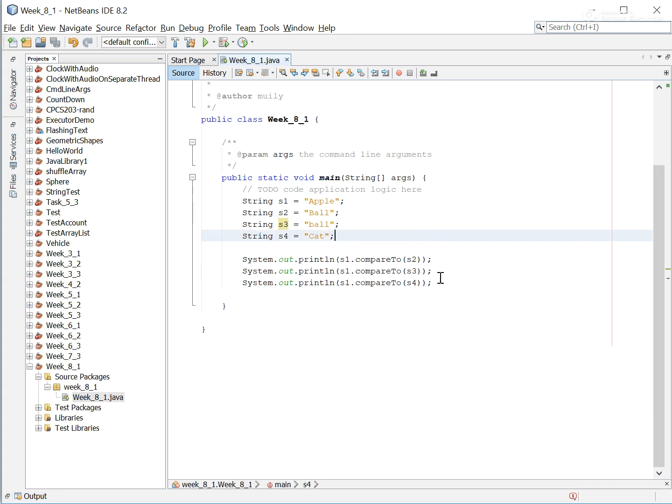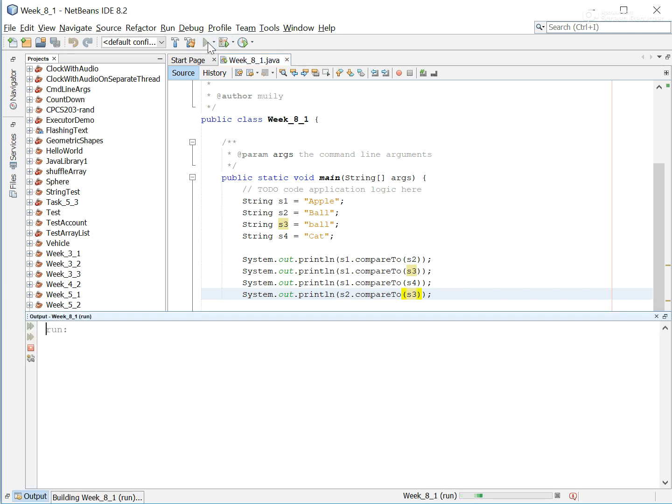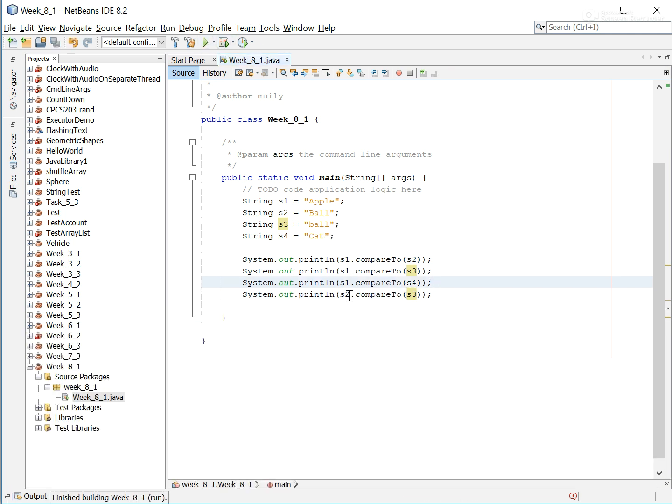And let's compare one ball string with the other ball string. Let's compare S3 with S2. Now, if you have identical strings, the one that has the uppercase letter comes first in alphabetical order. So let's say compare S2 to S3. S2 is the one starting with a capital B. It should come before S3. The answer should still be a negative value, as you can see. And if I switch these two around,